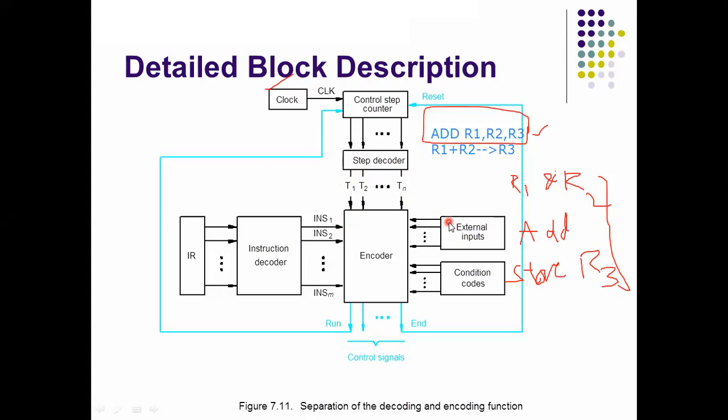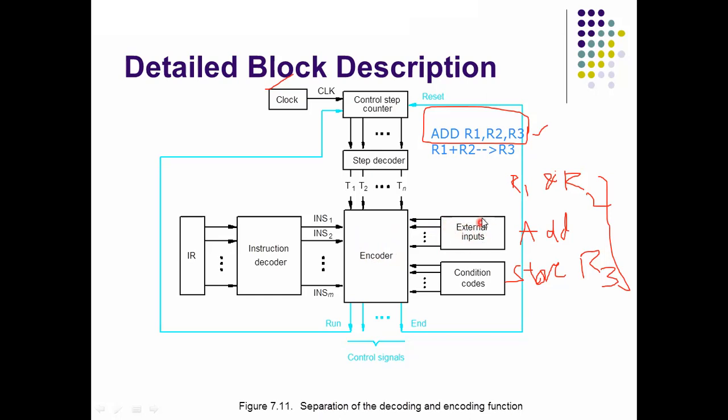Suppose the processor wants some data, then a read operation is performed. How much time does the processor wait to get the data from the input? Up to the MFC signal becoming 1. Whenever the MFC signal becomes 1, only then is the read operation completed and the processor accesses the data. Next, interrupt signals.